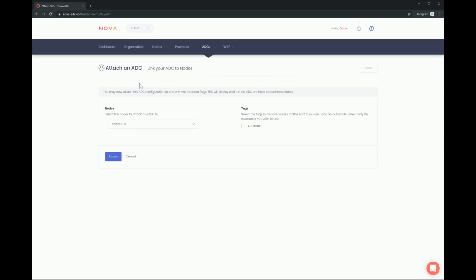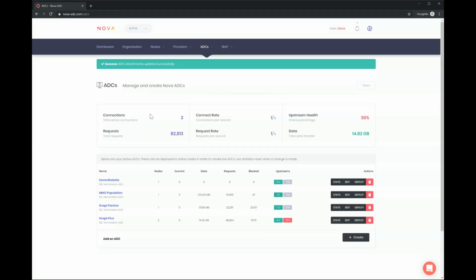So once you tag nodes, you can also do it based on tags that you've assigned. In my example here, I'm just going to put it on our one load balancer, this one that we set up together, but I'll show you an example of one with 2 just now. So once we say attach, this is going to attach this ADC to that node. And that then sets up the ADC, etc., to be ready to run on that node.